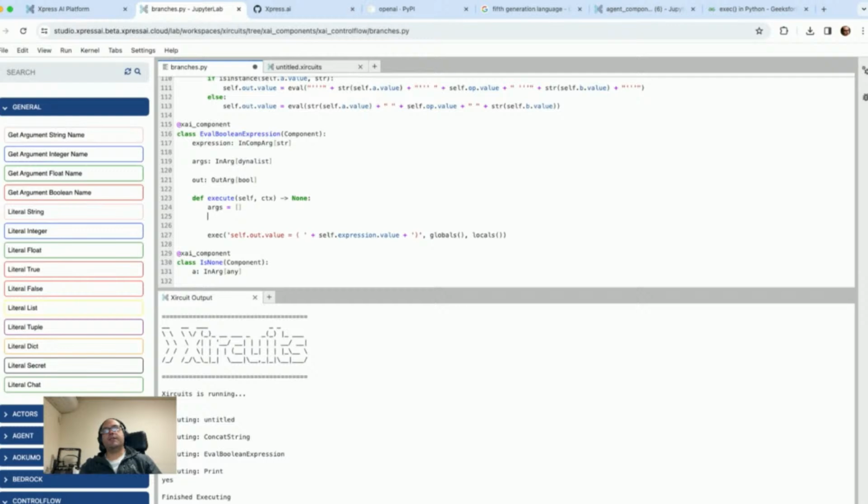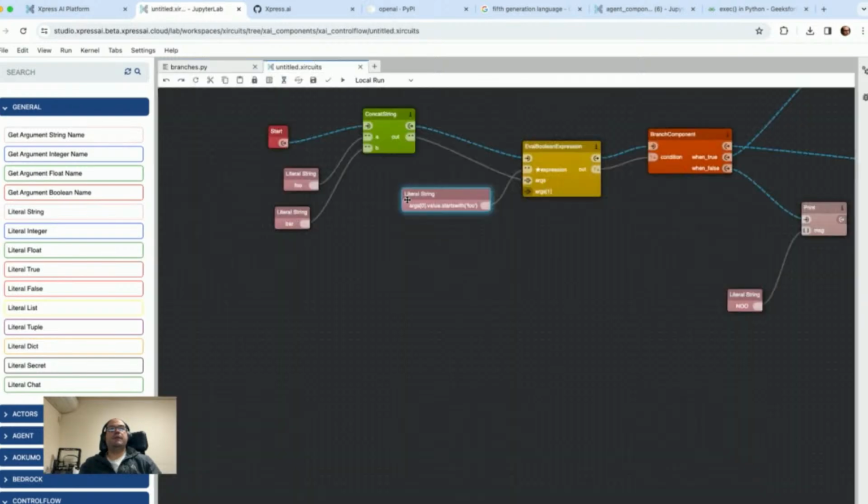Yeah, it's a little hard to do in the thing. So we do for arg in args, if hasattr value, then args dot append arg dot value, else args dot append arg. Okay. And if we do it this way,